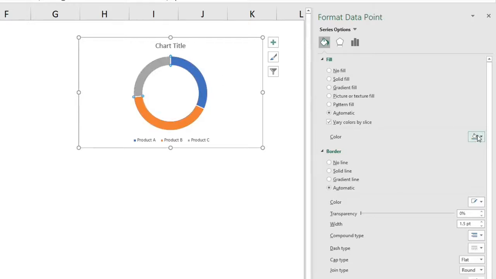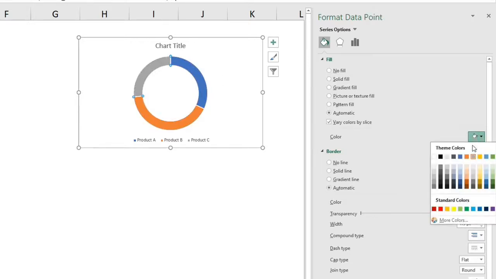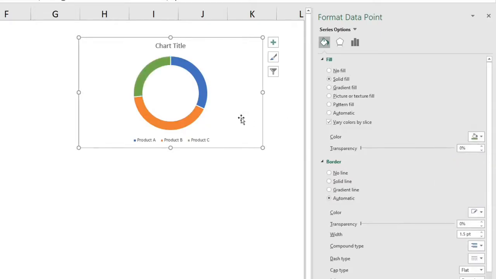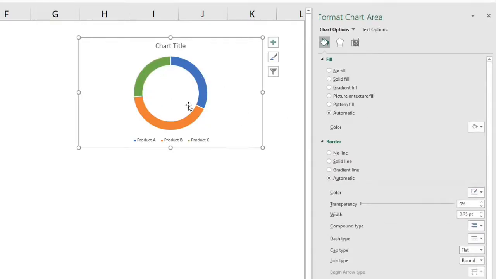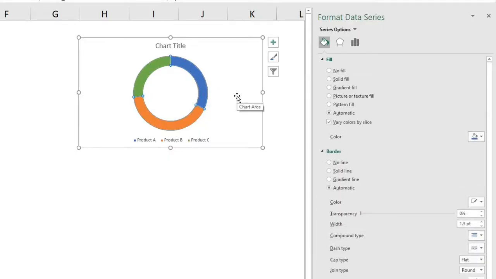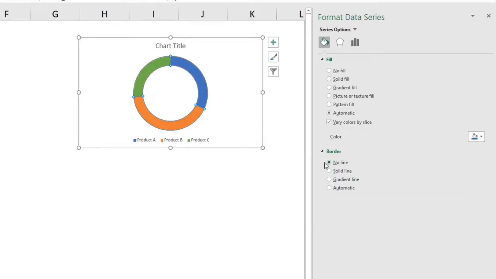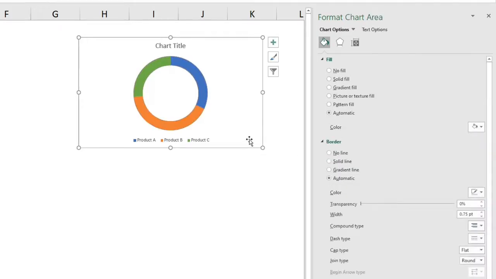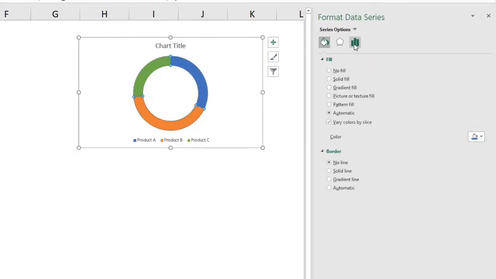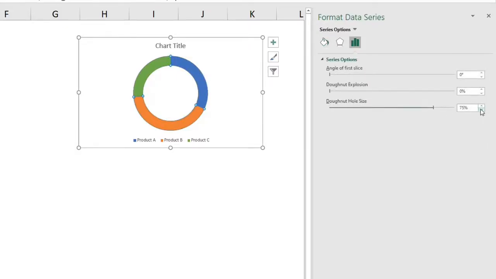Now here you can see gray color and change it with the color of your choice. Let's say green color. To remove these white spaces in between, we can do it by selecting the entire circle and choosing no line border. Now let's make it thicker. Select this shape, go to this option and decrease the donut hole size.